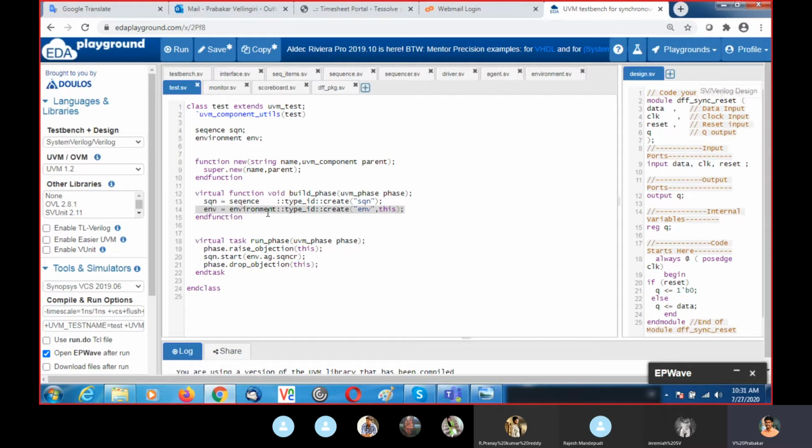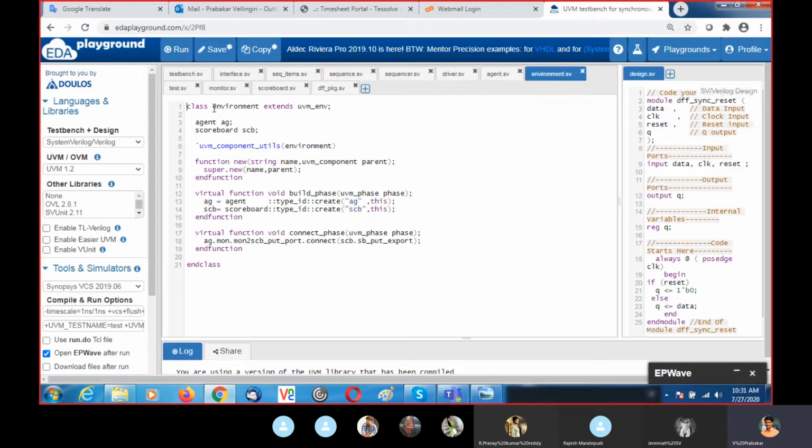When I did this, automatically inside the environment we are instantiating agent and scoreboard. In the build phase we are creating objects for agent and scoreboard, so automatically the agent and scoreboard are created inside the environment.